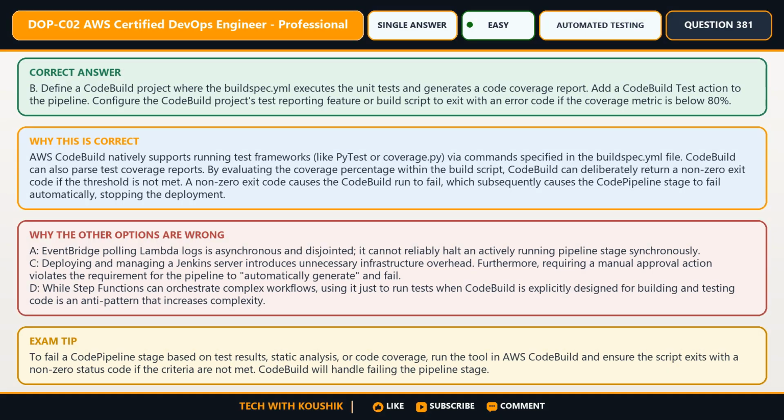In this case, choose option B. Define a CodeBuild project where the buildspec.yml executes the unit tests and generates a code coverage report. Add a CodeBuild test action to the pipeline. Configure the CodeBuild project's test reporting feature or build script to exit with an error code if the coverage metric is below 80%. AWS CodeBuild natively supports running test frameworks like PyTest or coverage.py via commands specified in